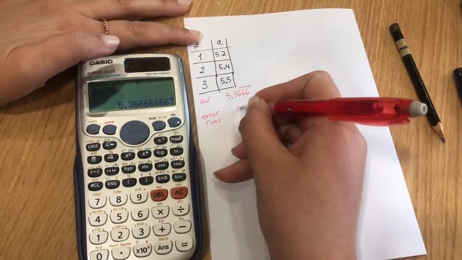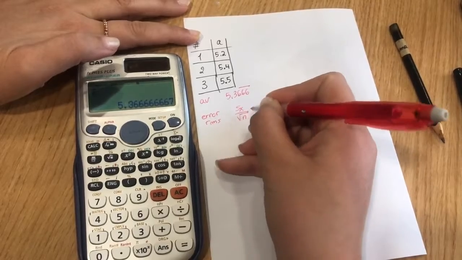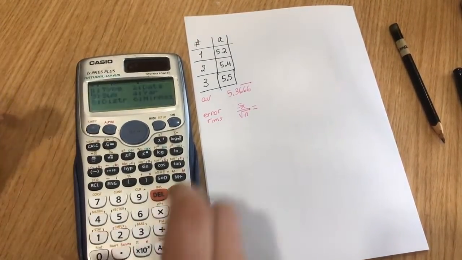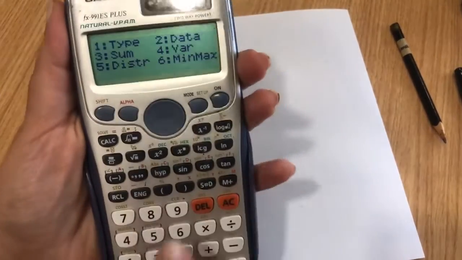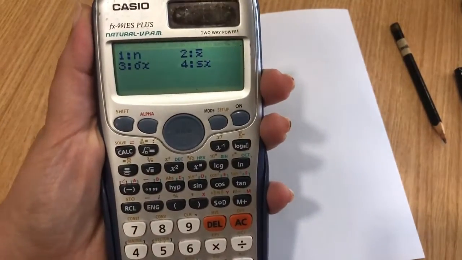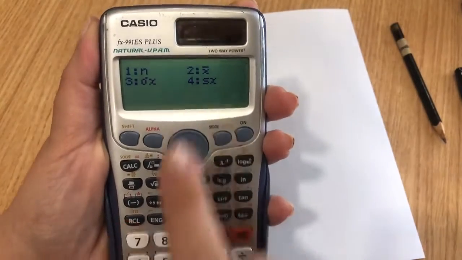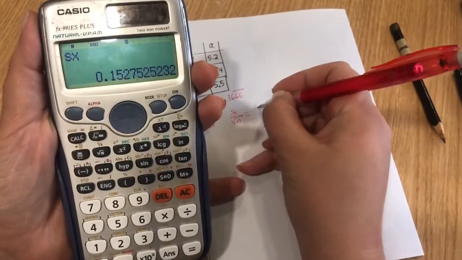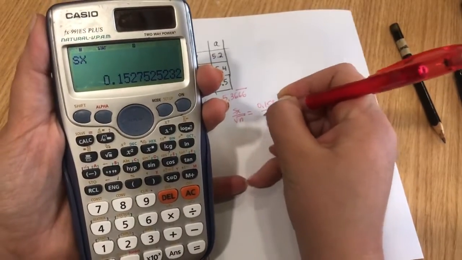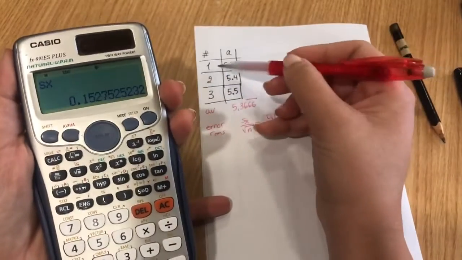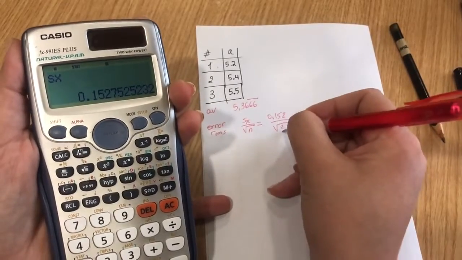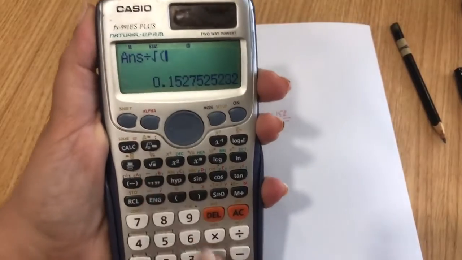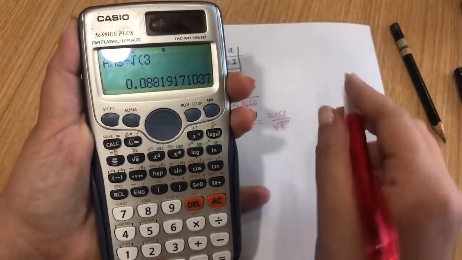If you want to find your error on the average, which is the RMS, by definition it's Sx divided by radical n. Again you click on AC, shift 1, okay, again you choose the variable, you choose this time number 4 for Sx, okay, and you get something like 0.152. Remember to divide it by radical of the number of trials. I have 3 trials, so divided by radical 3. So I do divided by radical 3, and I get something like